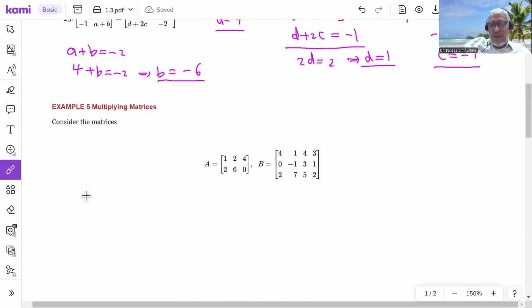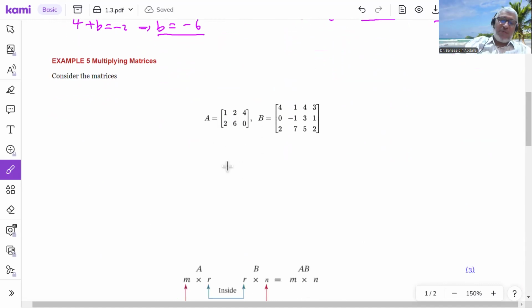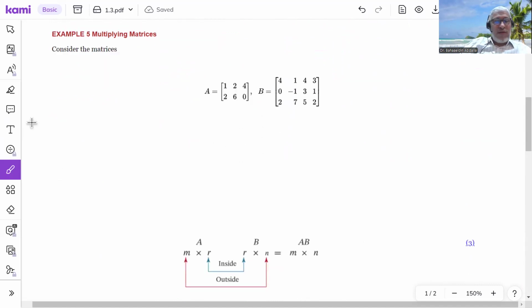So this is how to add matrices or multiply a matrix by a scalar, by a number. And we call it a scalar, a real number. Okay, what about multiplying two matrices? Can we find A times B here? And can we find B times A? Okay, so in fact, we can find A times B here